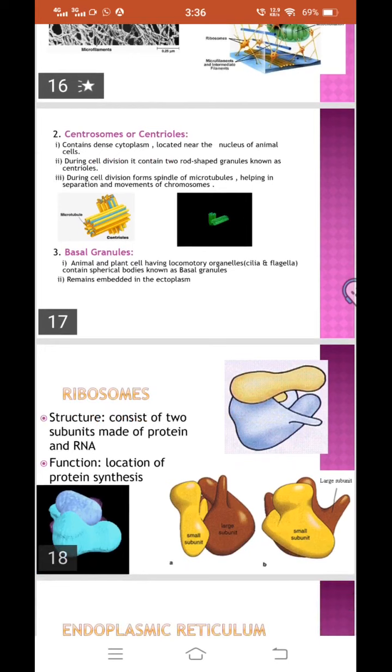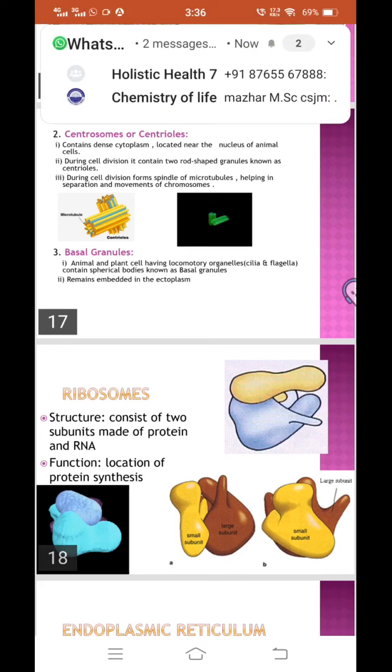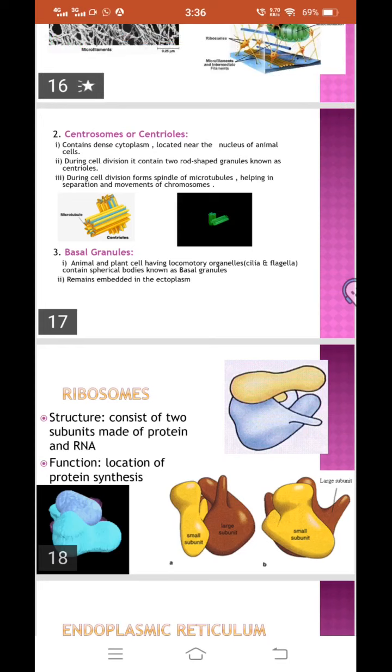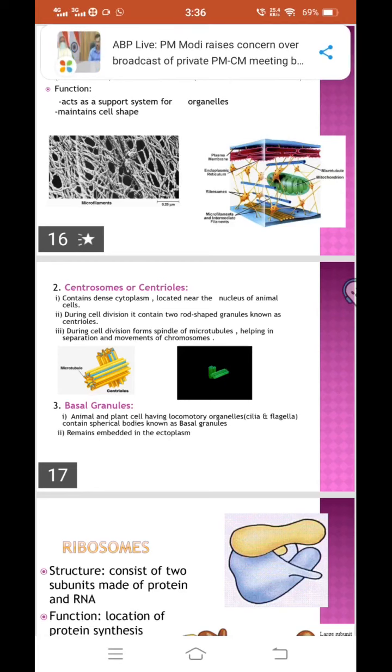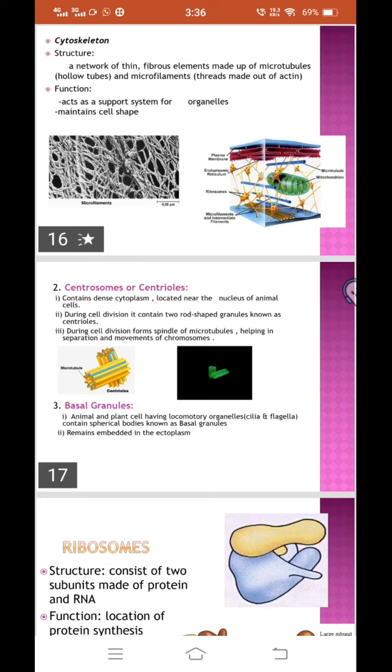अब ये ectoplasm क्या है? What is the ectoplasm? अभी हम लोग discuss कर चुके हैं. Anyone can tell what is the ectoplasm? Previous slide में हम लोगों ने discuss किया था. After the plasma membrane we have discussed about the ectoplasm and endoplasm. Anyone बताइए बेटा, what is the ectoplasm? Outer layer of cytoplasm just below the plasma membrane, just near the plasma membrane.